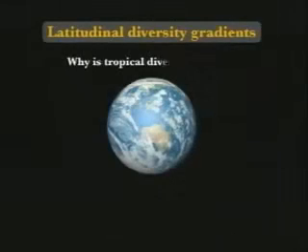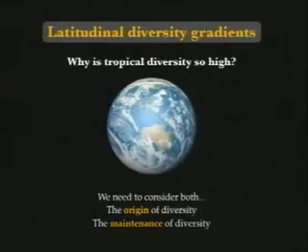But one thing we find when we look at those species area curves is that the slope of the curves is different in the tropics. Tropical systems per unit area tend to be more diverse than temperate systems and polar systems. The further you go from the equator, the systems tend to be less species rich or diverse.